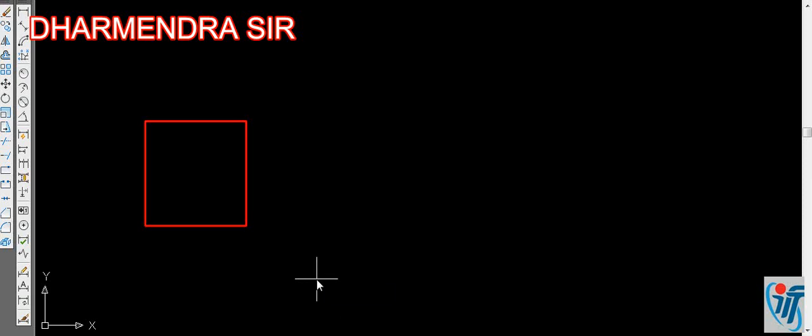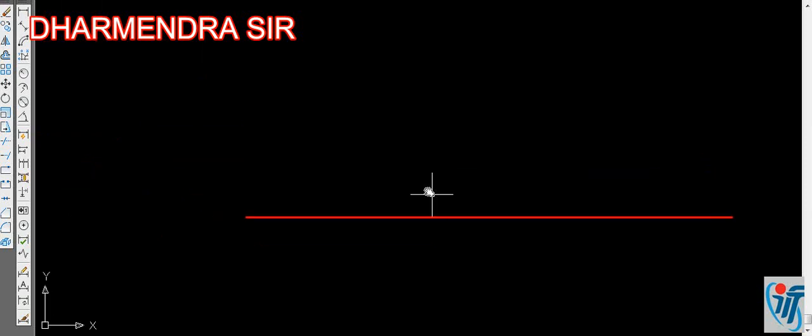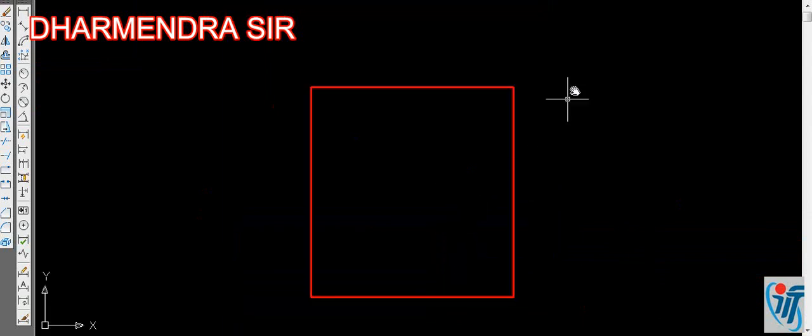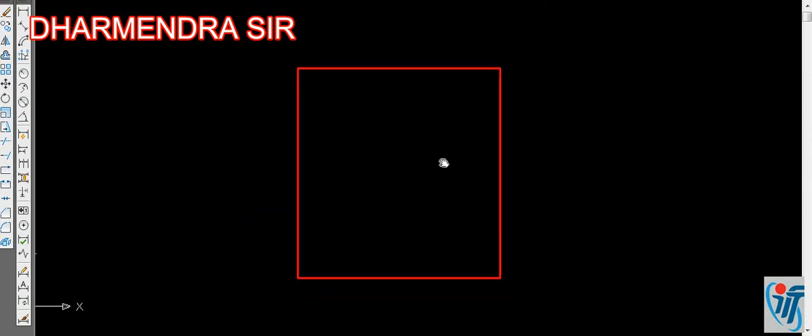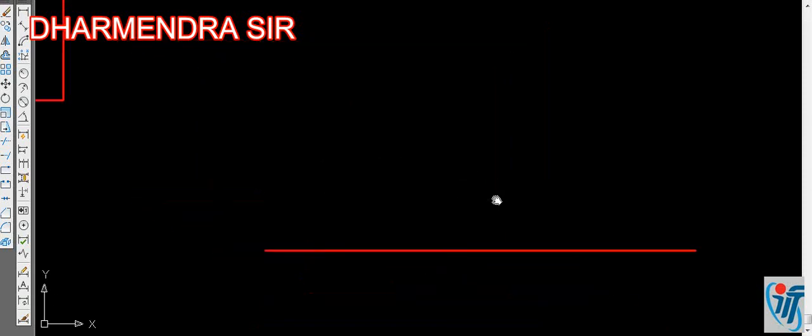Once again L enter, specify first point, and you are providing the value 30 feet. If you want to finish the line at 30 feet length, you can press enter twice and it will be just like that. You can scroll to zoom in and zoom out. Okay, for more visibility, I have enhanced the thickness using line weight. Okay, here was the use of line as a direct distance method.